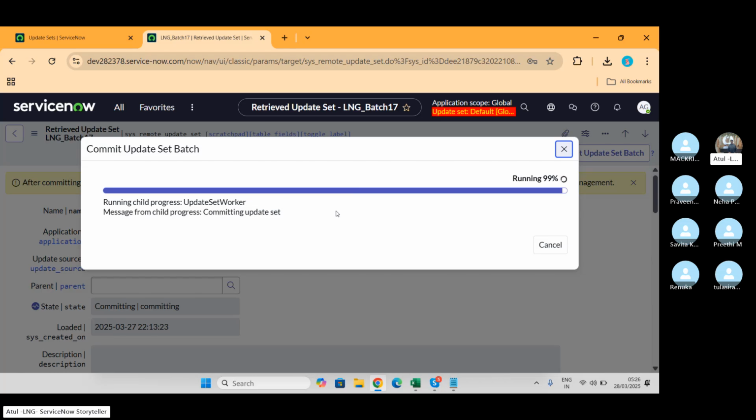Now we'll take another example. In this case, if something is not working, can I back out my changes as well? Can I back out my changes? Practically, yes, you can back out your changes. But if you ask me from my experience perspective, I will say no. Backing out something from the update set is always risky,